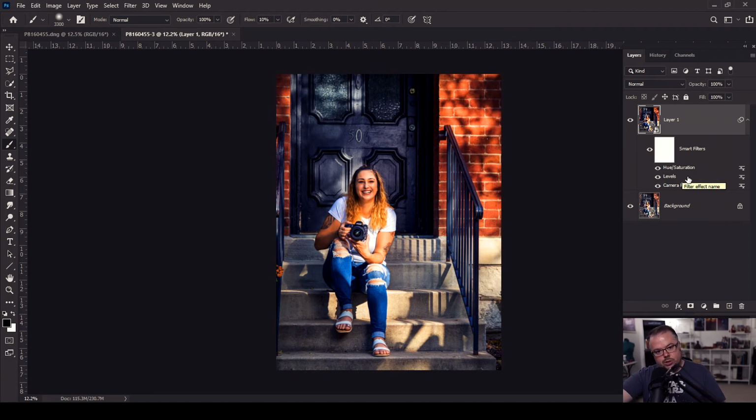Even though I'm making changes to the file, I'm working non-destructively because now I can go back to any of these and start changing them and undo what I did. I can turn them on and off so that we can see the file without that hue saturation change or the levels change. I can go back into the dialog for both of them and make those changes. Here for the Camera Raw filter, if I double click it,